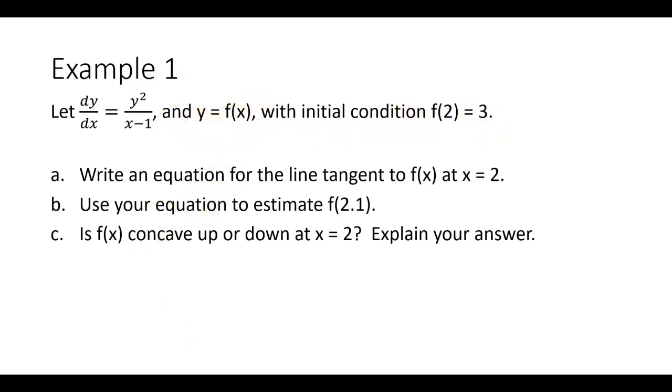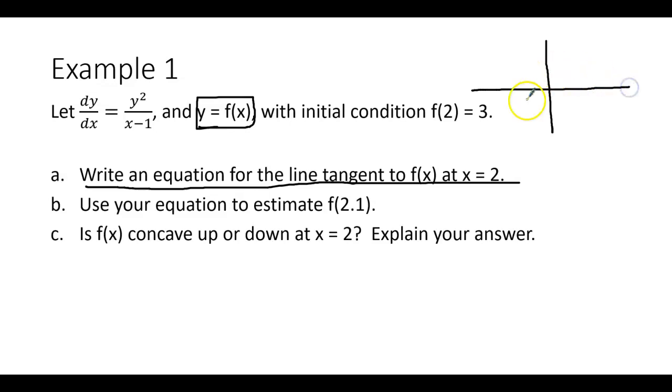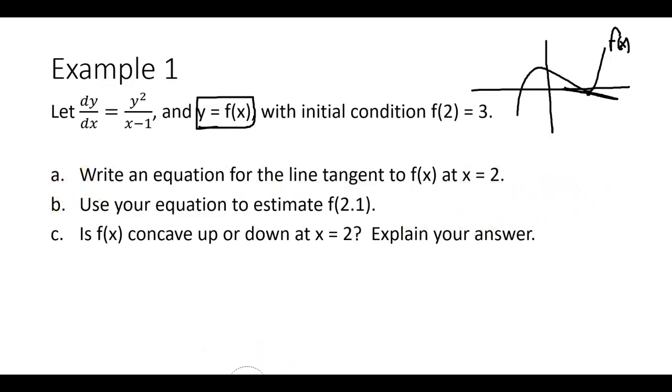All right, so question number 1 here wants us to write an equation for the line that is tangent to this function. So this function, which I don't even know what it is right now. I know what its derivative is, but I don't know what the original function is. Please don't draw this on your notes because it's not right, but I'm just giving you an idea. So let's just say the function looks something like this. Okay. Well, what I'm about ready to find is the tangent line to this function at x equals 2. So like let's say x equals 2 is right here. Well, there's my tangent line. So I want to find the equation of that little line right there. Now, once again, don't draw this picture. It's completely wrong. I'm just doing that to give you guys a visual of what we're doing.